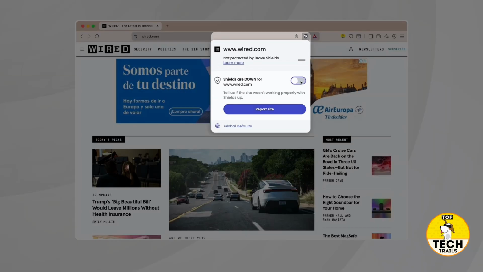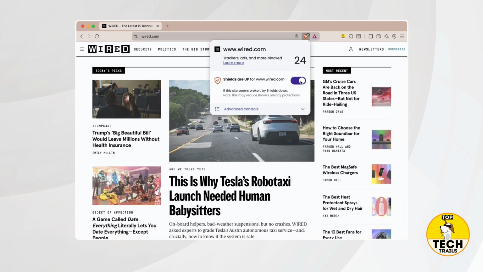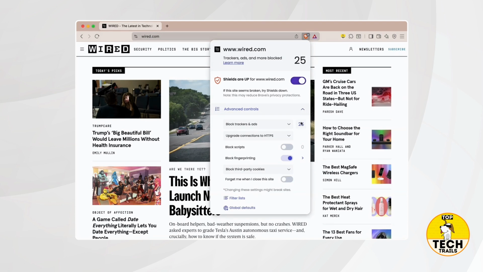Personally, I almost never set any site to shields down. No doubt it's a very convenient feature for the majority of people on the web who are unfamiliar with ad and tracker blocking, and makes verifying whether shields is the cause of a problem much quicker, hence greatly reducing the support workload for Brave developers. However, if you're watching this video, then the advanced control section may be more helpful and less intrusive to your